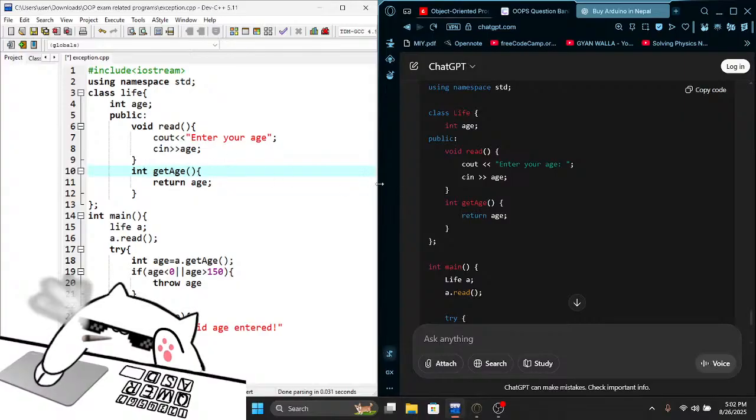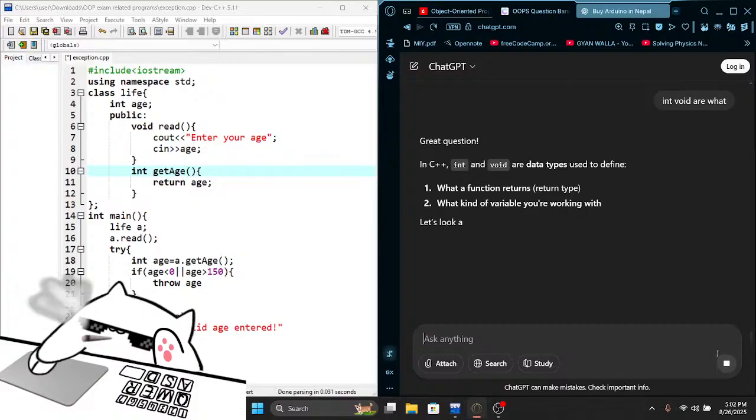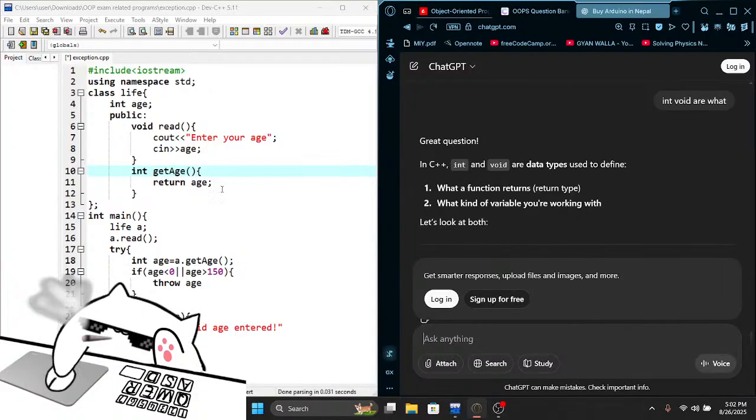Void is a data type. So you cannot write